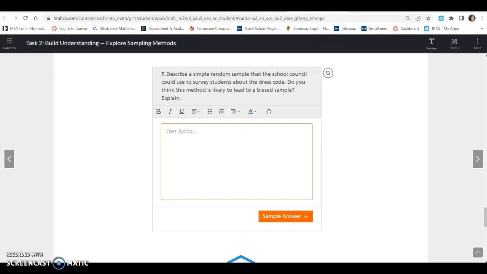If for some reason a large portion of that group all comes from one grade or maybe one sport or all are in the band or something like that, then it could have a bias. But if it's truly random, just you choose 100 students out of the whole school and just choose from the entire name population, then it should be